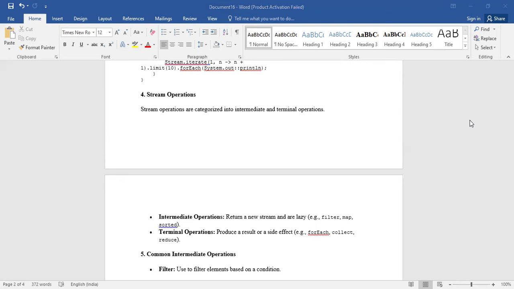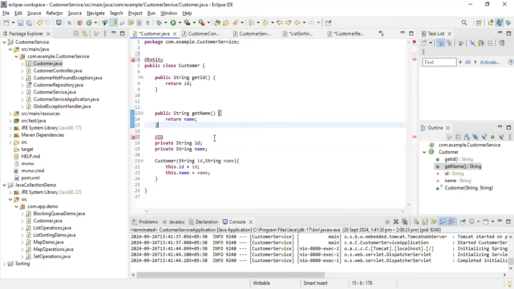And then we will see some of the different interview questions, why and how it will help us, correct? So I will open my Eclipse, and in Eclipse you will find out how we can write some of the code here. So if you see the Eclipse, right? In this Eclipse,